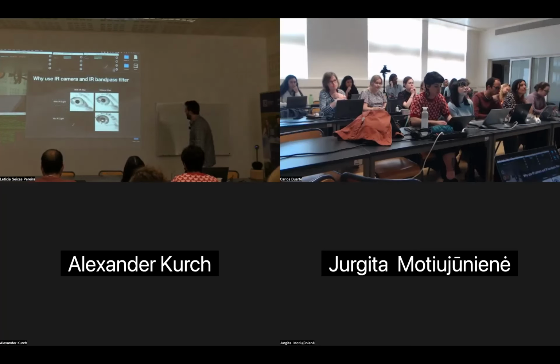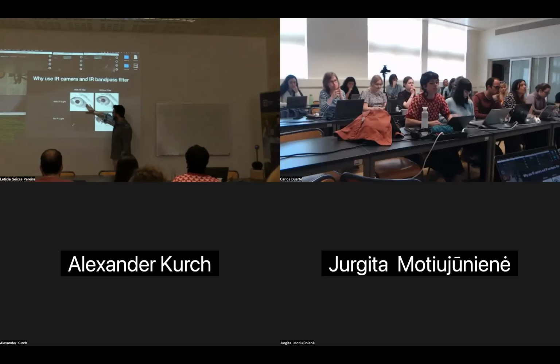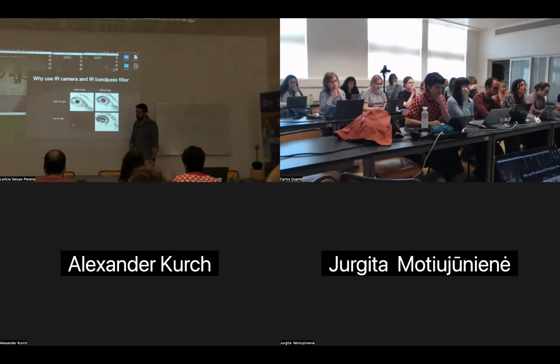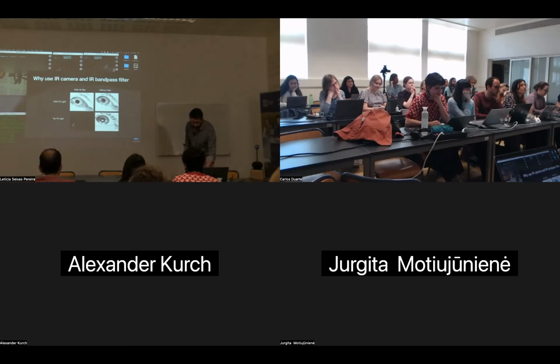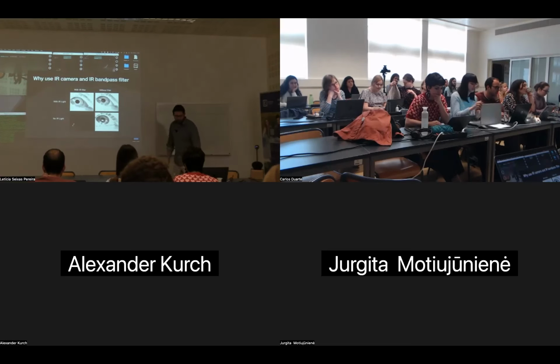This is how the eye looks in different settings. As you can see, if we have the infrared light and infrared filter on the camera, the image of the pupil is absolutely the most visible and clear. So it's easier for our algorithms to know where the middle of the pupil is. Without infrared light, it's all dark. Without filters, it's kind of blurry, so it doesn't make sense.